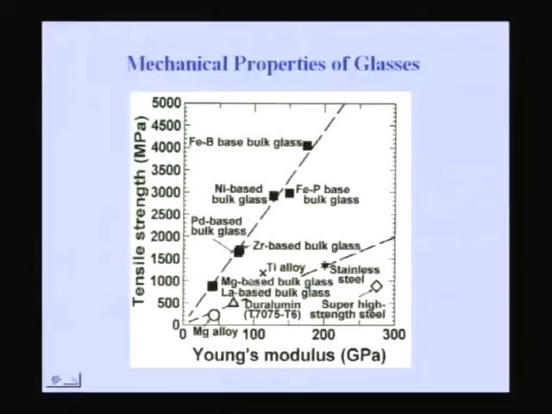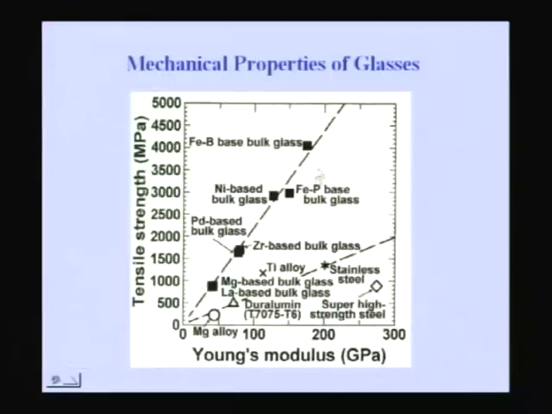Another thing is, again, you look at the strength and the modulus, and if you look at the conventional alloys, if you put all those alloys including super high strength steels, stainless steels, and duraluminum, titanium based alloys, all of them, if you plot strength versus modulus, they all have a low slope. They all fit into a straight line, but that straight line will have a much lower slope when compared to